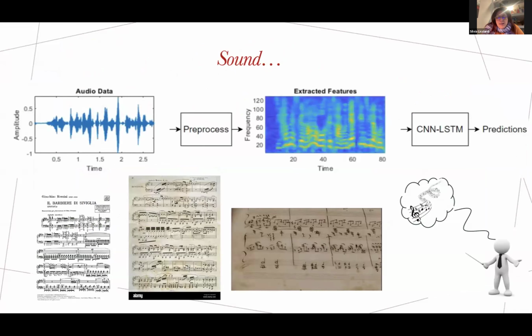For example, a part of this process is the analysis of sound, of music, of language, and so on. You can see audio data as a signal, for example, or as an image. So you can pre-process the data according to some rules, extract features in 1D or 2D, for example a spectrogram and the frequency domain, and so on. Then apply your network, in this case a convolutional recurrent network, to reach your goals.